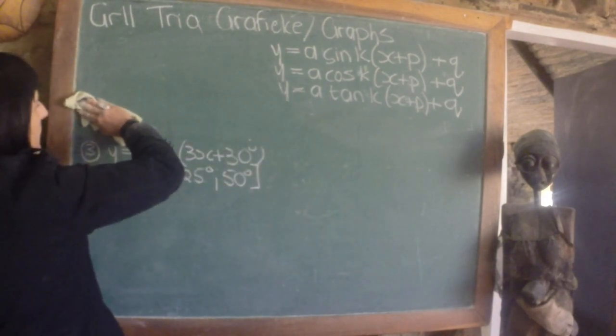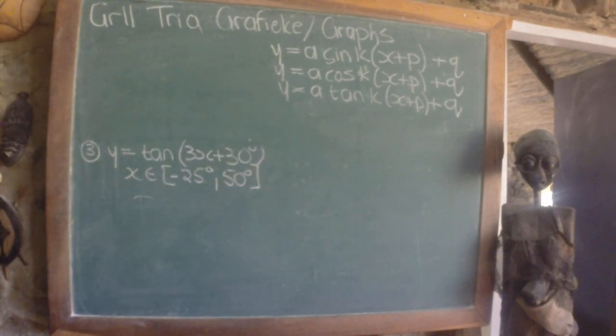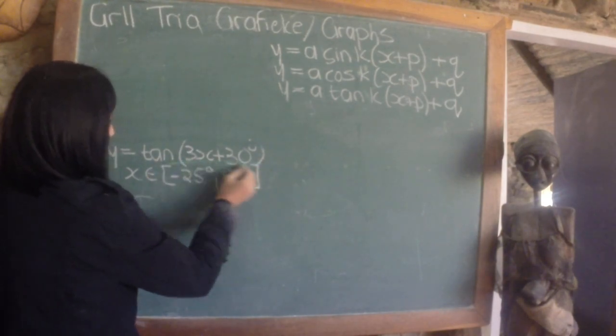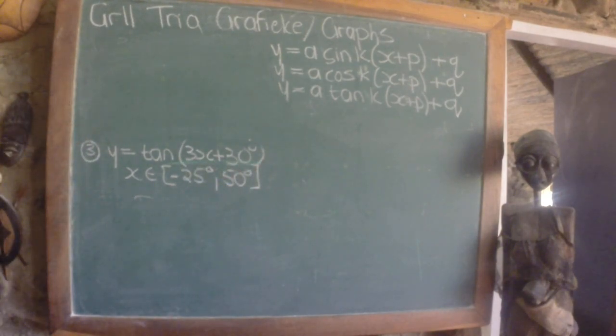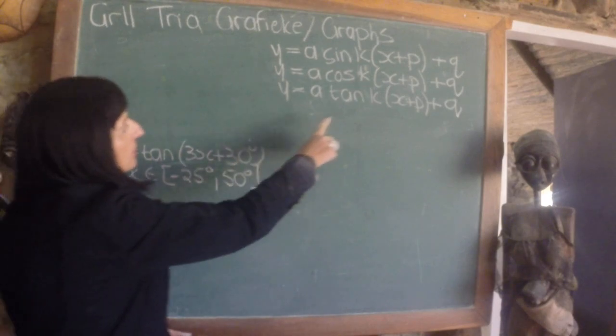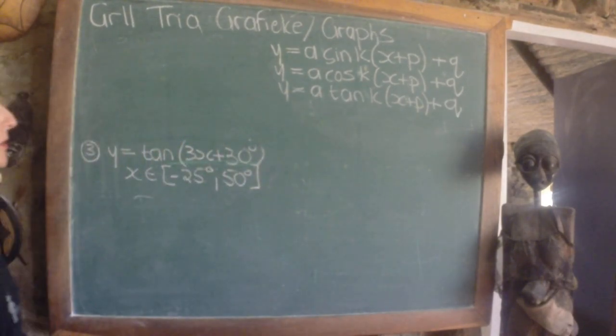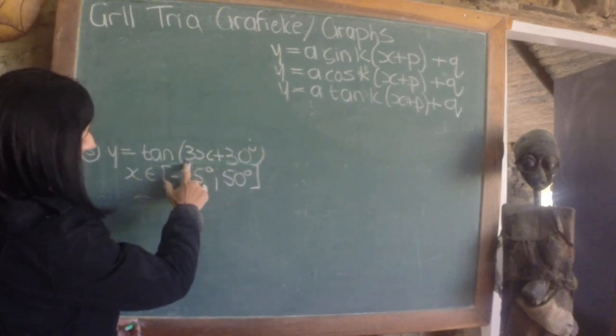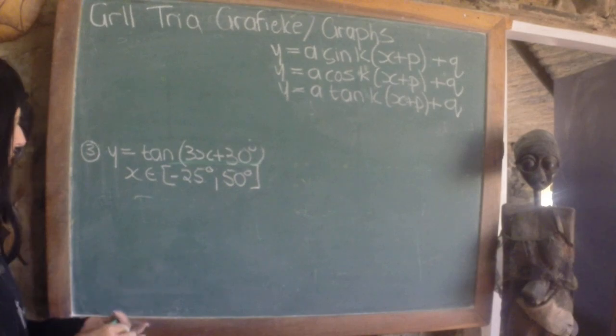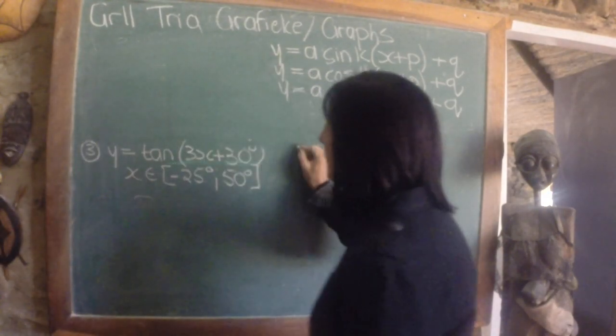Let's quickly check the parameters in our tangent function. What happened over there? We've got a problem. Can you see it? If you look at this tangent function and try to fit it on this mold, it's not possible. Something doesn't look right here. What is going on? So let's rewrite it correctly